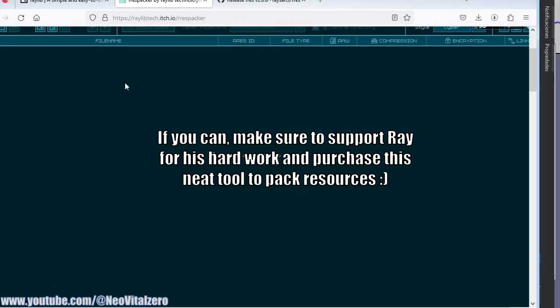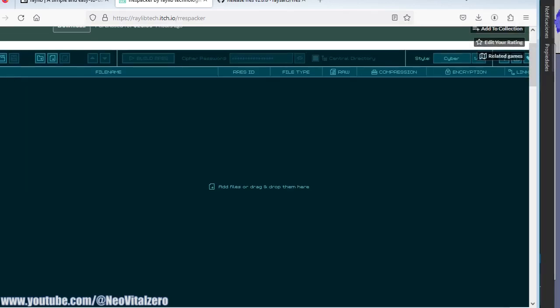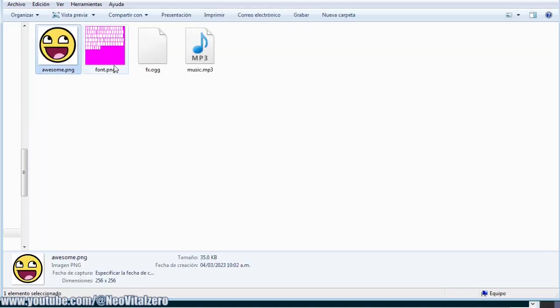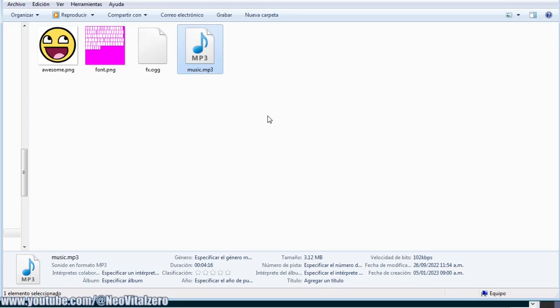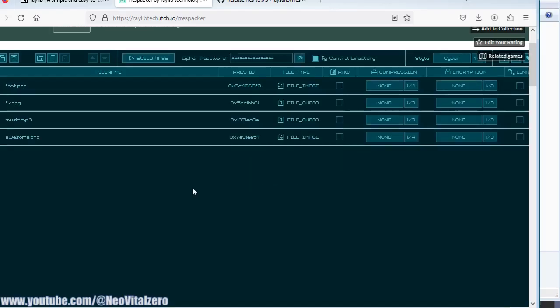You can see I already purchased it. So in order to do this, we can drag and drop the files here, and I already have the assets ready to go. I have a texture, a font texture, sound effects, and a background music. So I select those, drop it here,